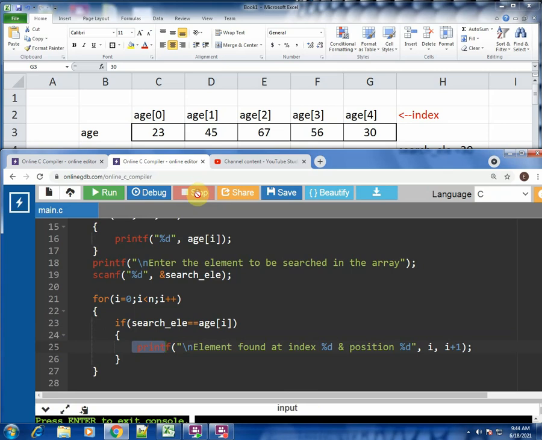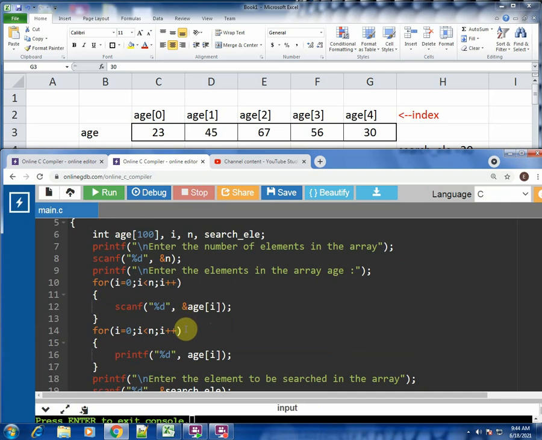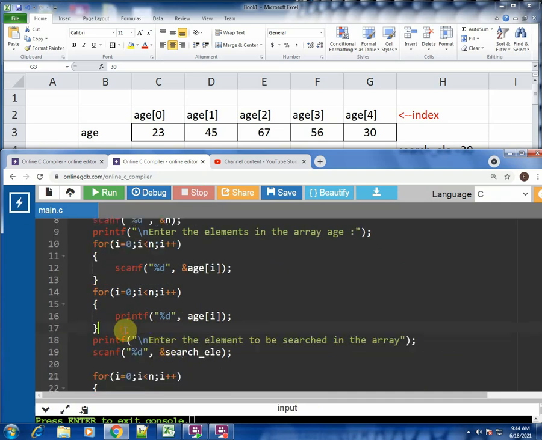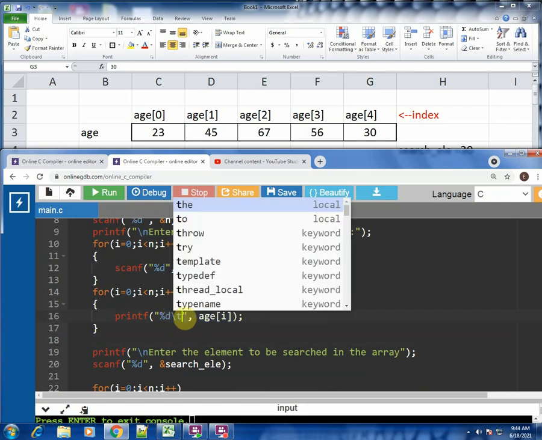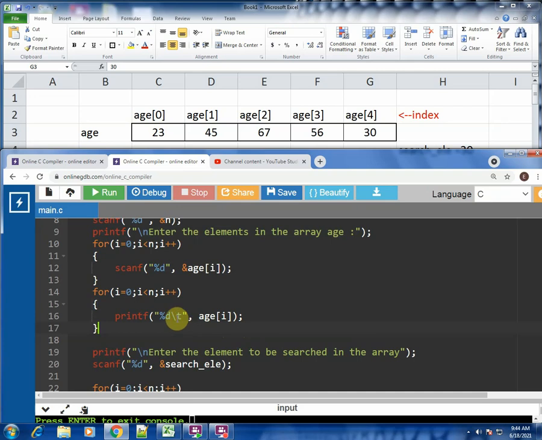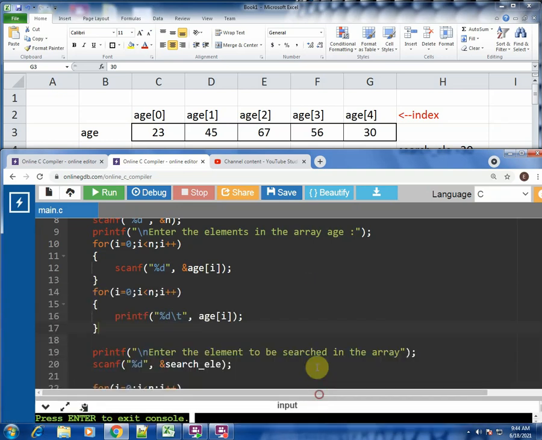We'll just make slight changes in the printing of the array. So the printing happens over here. Let us leave a tab space in between the elements. So \t lets you leave space in between two elements. So this is how it would work. Then we would get spaces in this line, and everything else will be correct. So this is how the program would work. This was the first thing we needed to do, which is to search for an element in the array.